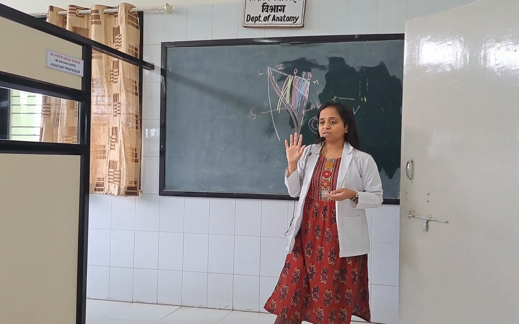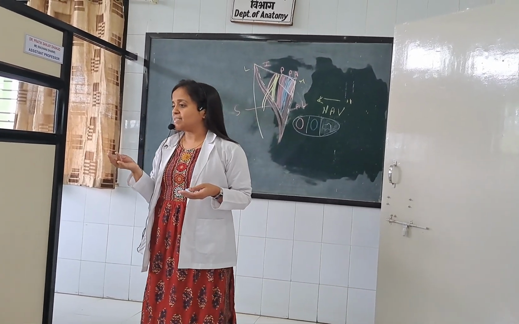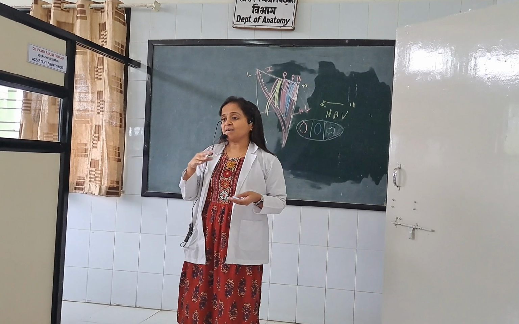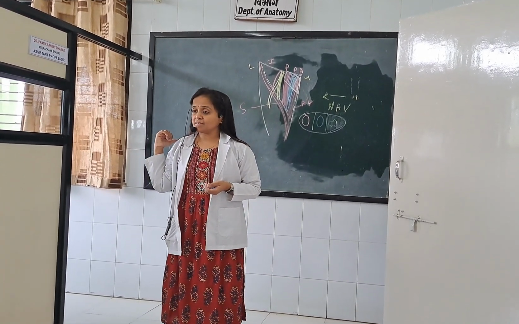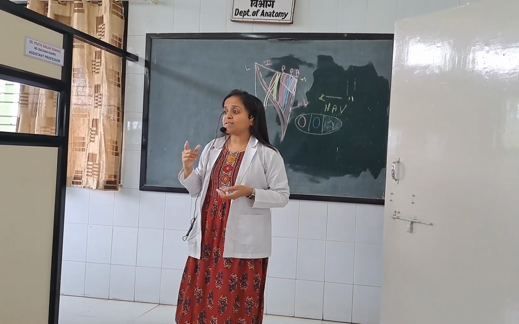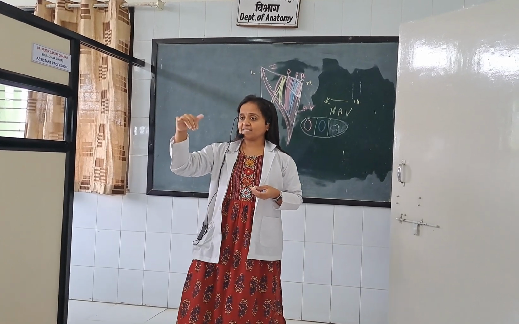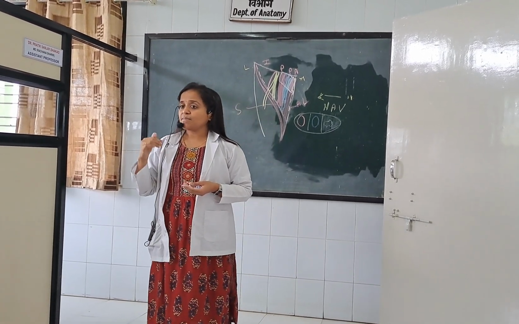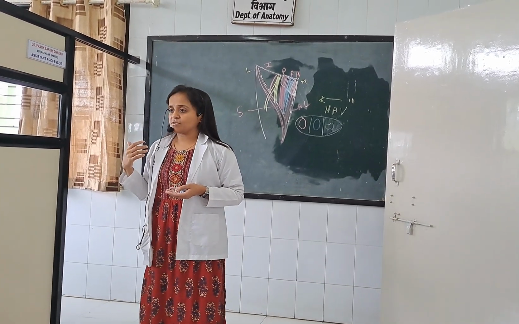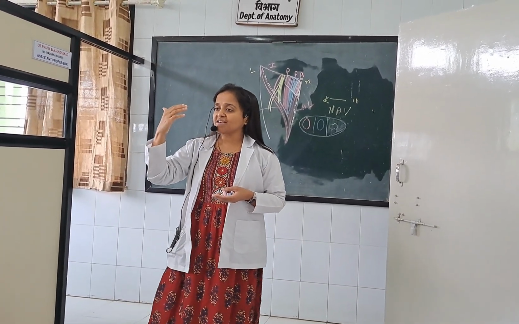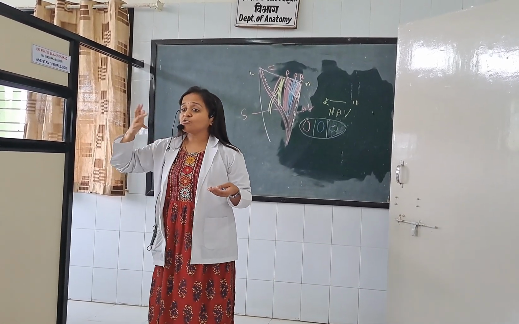So this is about the femoral triangle. Till now we have seen the boundaries, the contents, the location of the femoral canal, as well as the applied aspect of the femoral canal. One more important thing is the branches of the femoral artery. We have seen the femoral artery is a continuation of the external iliac artery, but in the femoral triangle it will give off 3 superficial and 3 deep branches. The 3 superficial branches are superficial epigastric, superficial external pudendal and superficial circumflex iliac.